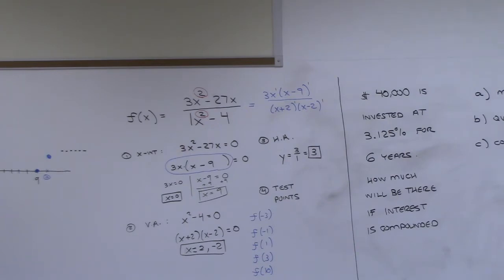Okay, now at this point you have to jump to the next point and then play that same little game. Go out to the left and to the right. So tell me about out to the left first. So it's going to go down, and only down, because it can't cross the... Good, exactly.